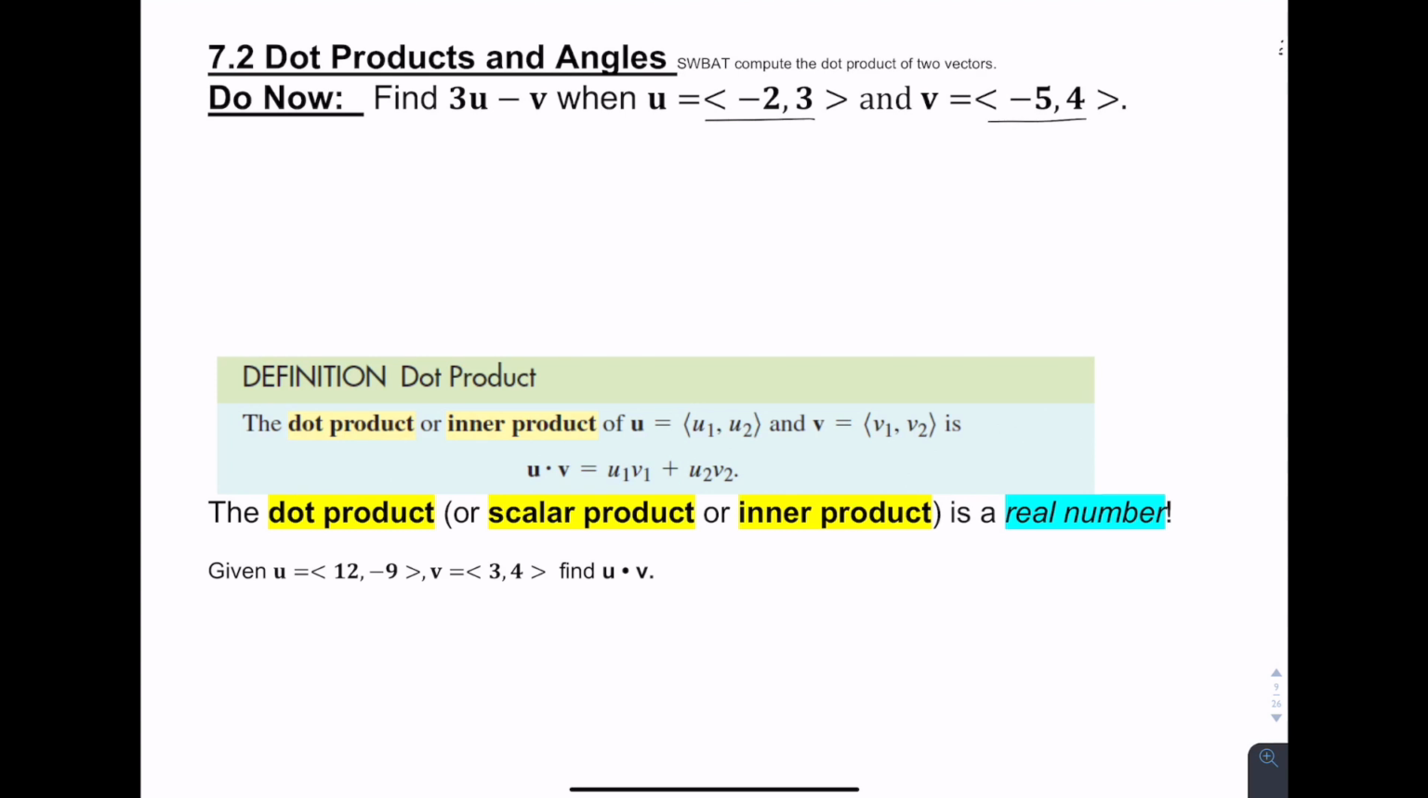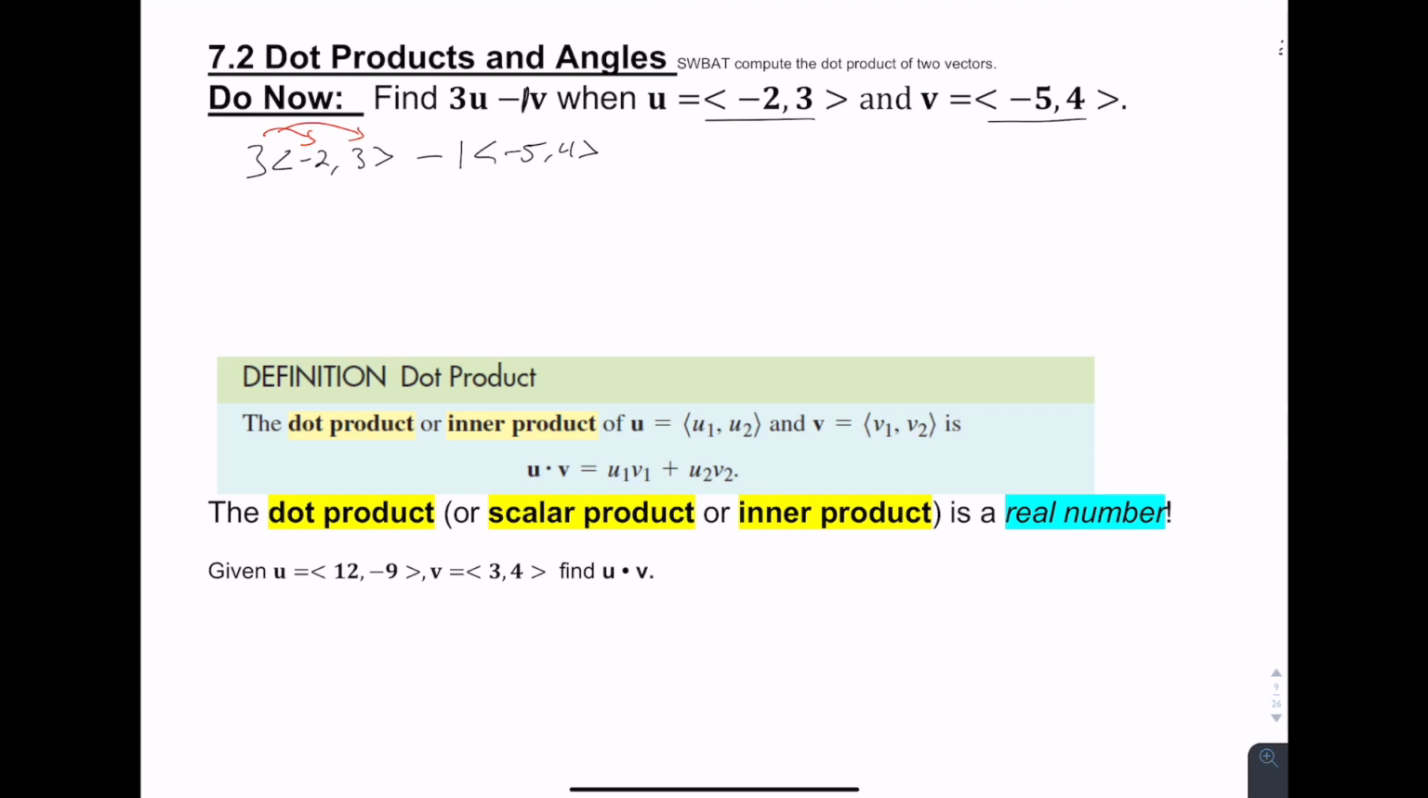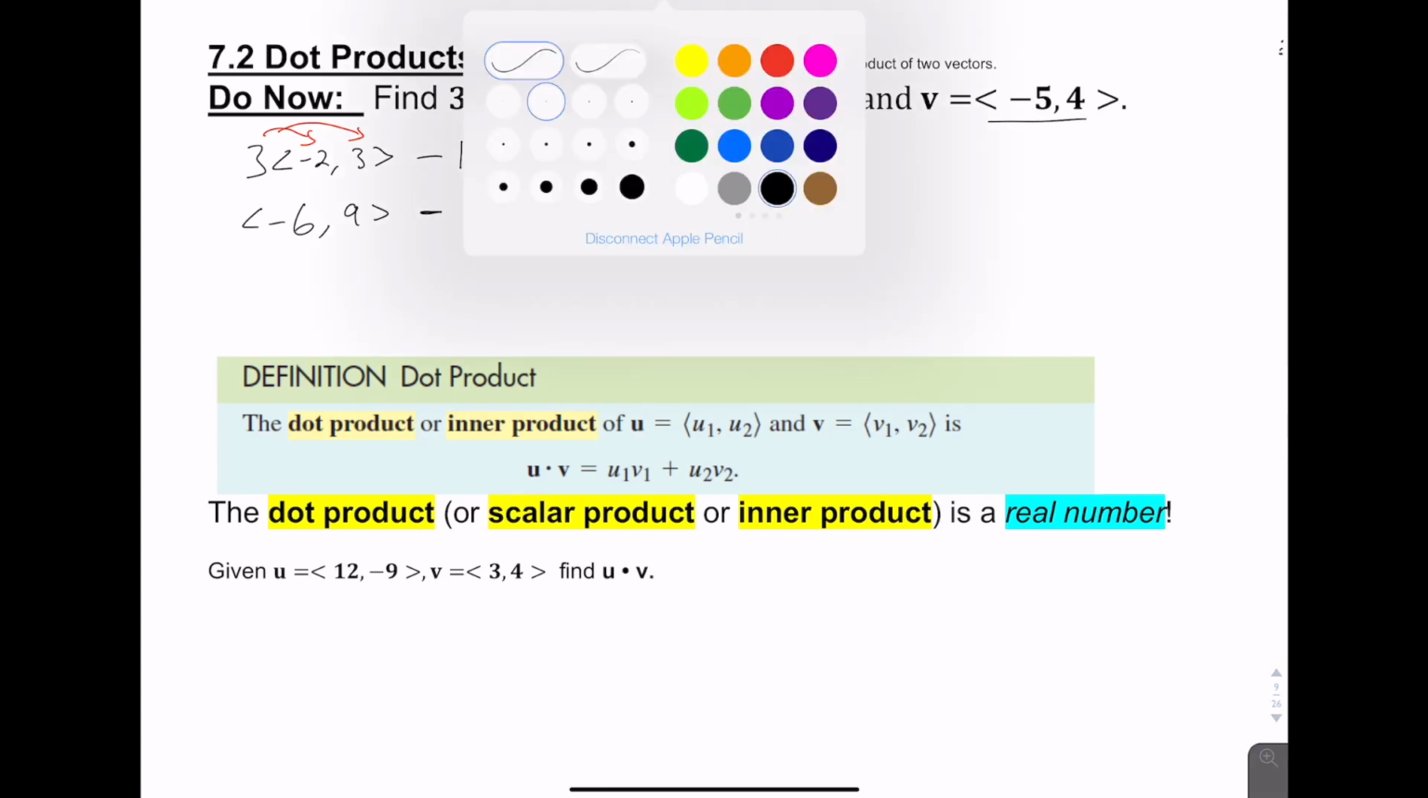So that just means 3 times negative 2 comma 3, minus 1, because it's like an invisible 1v, negative 5 comma 4. So do a little bit of distributive property. So this ends up becoming negative 6 comma 9, minus, another distributive property,